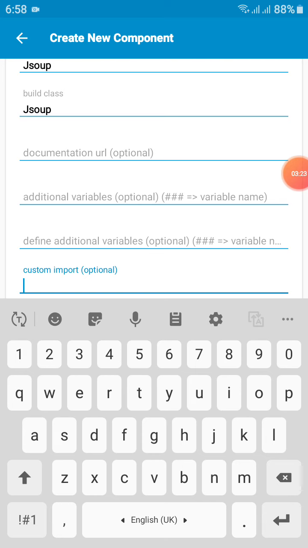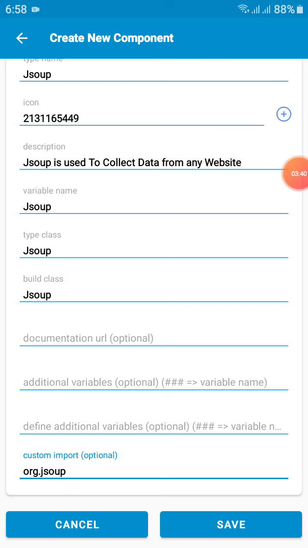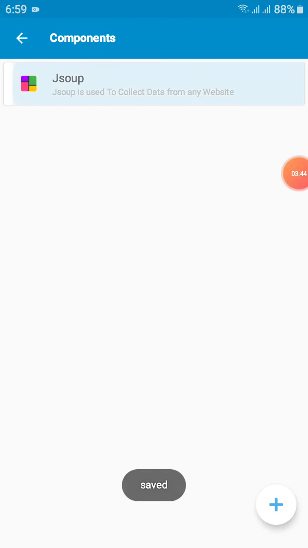This is not optional. You need to add custom import if you want to add any libraries in your project. Like here I am adding org.json, because the JSON library is available in this.